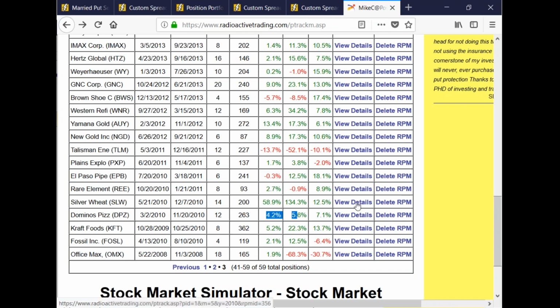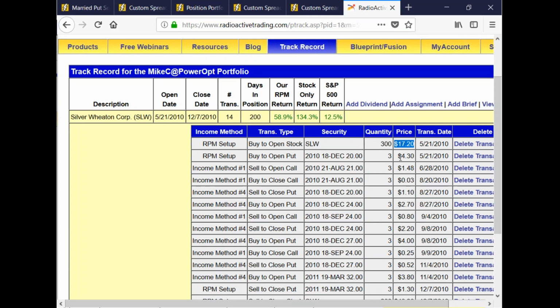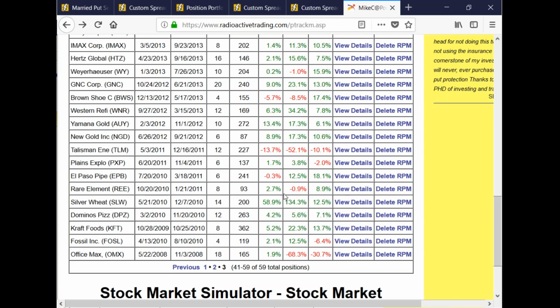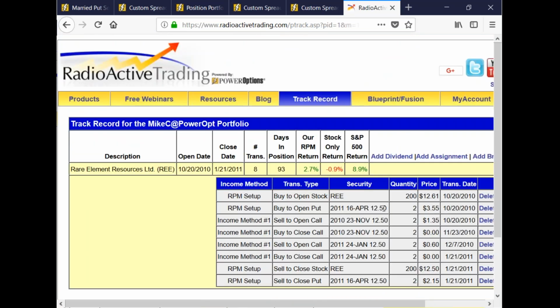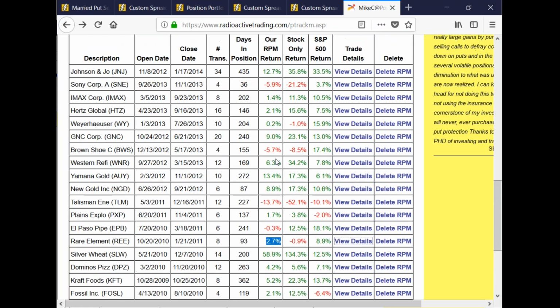At Domino's here, the best one, of course, was Silver Wheaton, one of my first trades, and that was at $17.20. Of course, the stock went up 130%, so yeah, naturally it's going to make 60-70% on the position. And Rare Elements REE wasn't a great trade, but it was a 1250 position, and I turned a 3% return in 90 days. 1% per month, not great, but the stock was down 1% the whole time I was in the trade. Right? So I've had decent luck with those, but as my account started to grow, I started getting